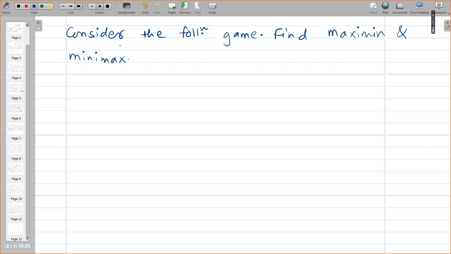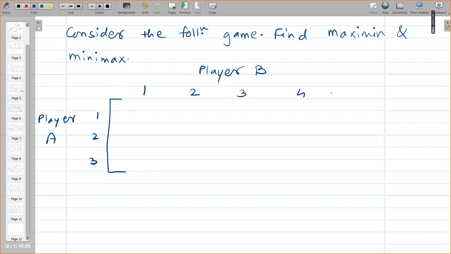where we are considering a 2 player game. Therefore, we are able to put it in a matrix because a matrix has 2 dimensions. Okay. So we will think about player B column-wise and player A row-wise. Suppose player A has 1, 2, 3 strategies and player B has 1, 2, 3, 4. Any names you can give to these strategies: A1, A2, A3, B1, B2, B3, B4, something of that sort. And if they are given in the problem itself, you have to follow those names.